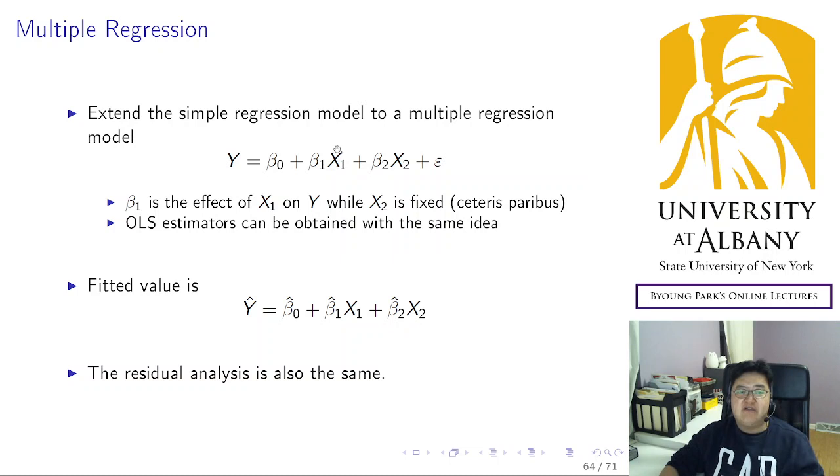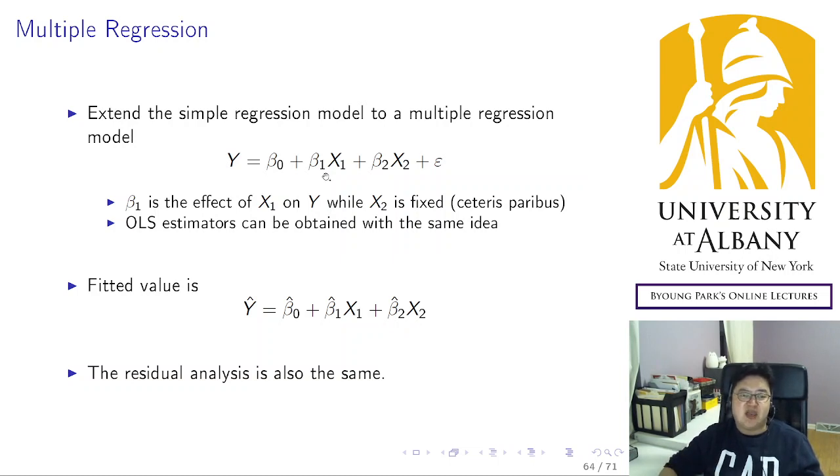But now we have x1 and x2 at the same time. So if you need to include more than 2, then you may keep going like x3, x4, x5. Does not matter. But for simplicity, I'm going to consider only 2 variables, which is enough to understand the differences